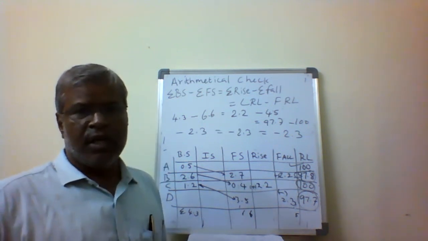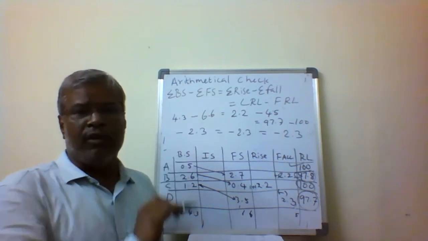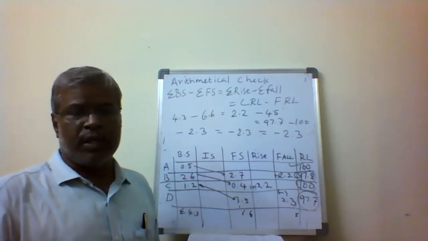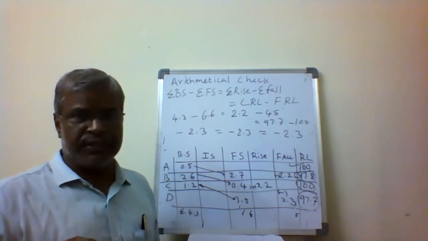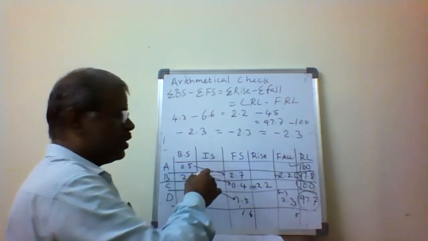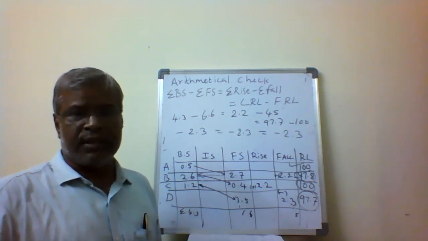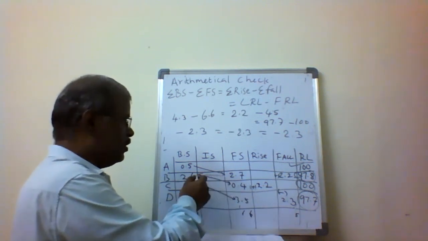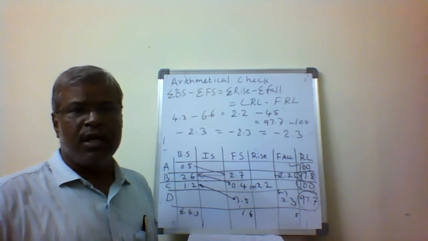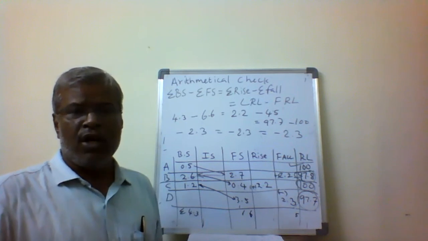The main important thing is that first you have to enter the readings properly into the level field book. The comparison is taken between consecutive readings. The difference between this one and this one, 2.7 and 2.6, are readings taken at the same place, the same point, so we cannot take that difference; that is the change point. If you take the difference of these, your elevation goes wrong. You make a mistake and get a wrong elevation. So we must enter very carefully into the field book.